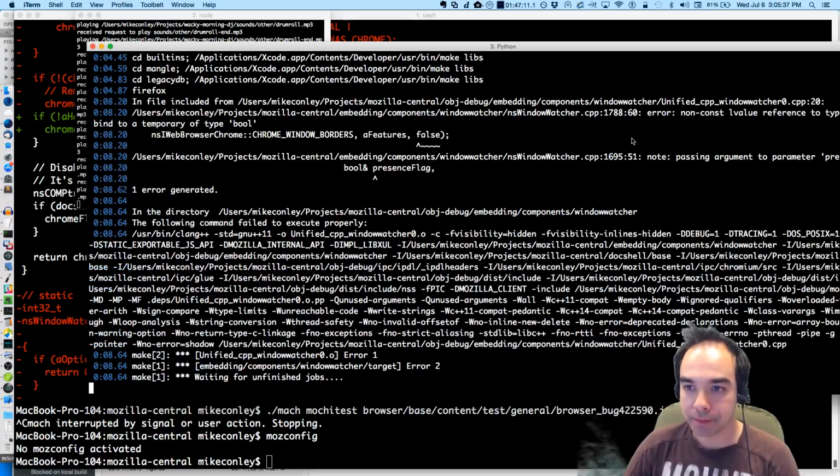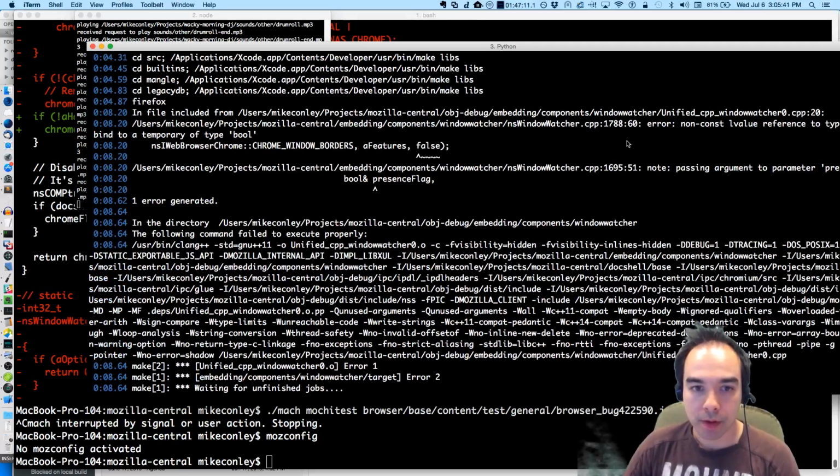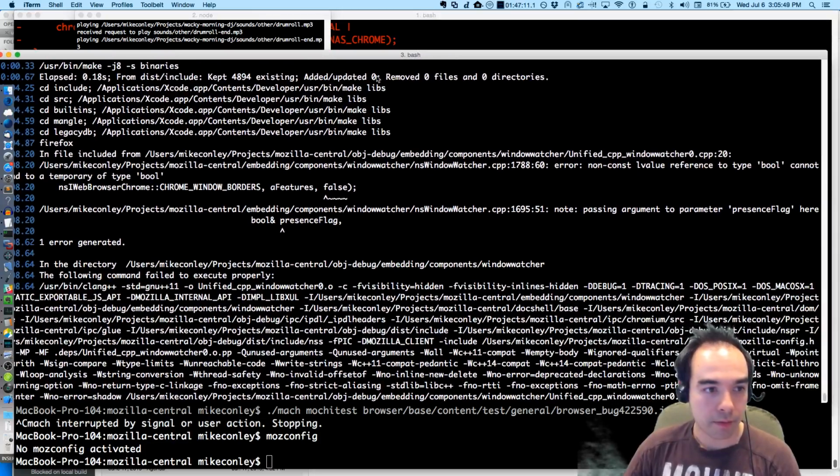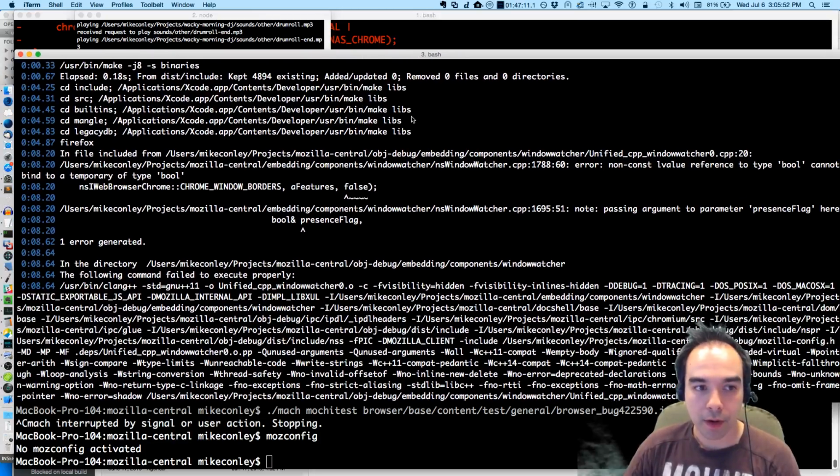No, doesn't like it. Non-const, passing our to parameter. Cannot bind to temporary of type bool, non-const lvalue reference to type bool.